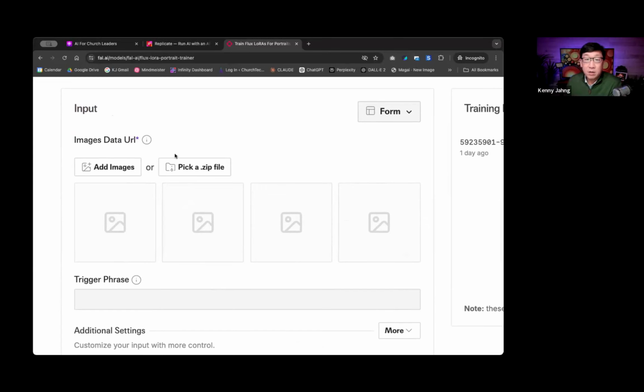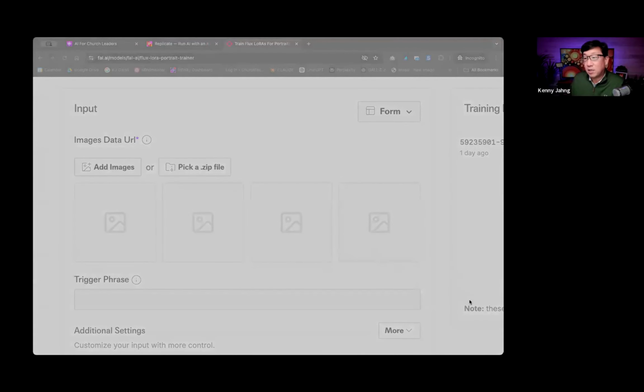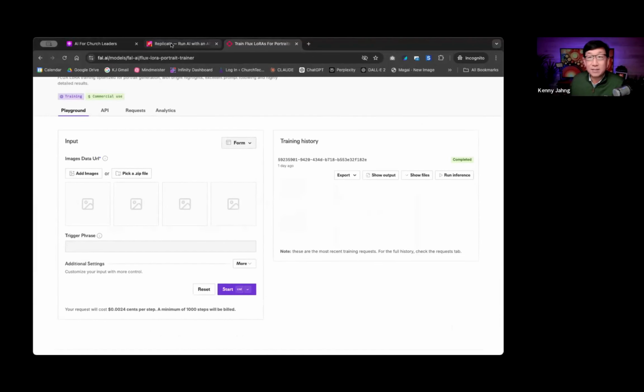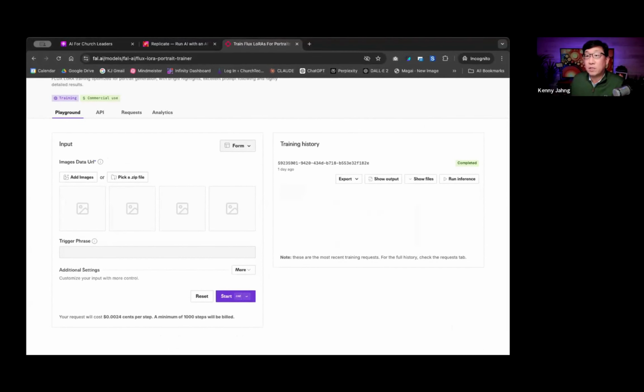There are two ways of doing that. You can add images separately, one, two, three, four. You can add dozens and dozens of images, or you can put them all into a zip file and upload that together, which is the method we'll use today. If you click on Add Images, it asks you to upload them one by one from your hard drive. That just takes a while, or you can do a zip file. In order to do that, we first need to find the photos on our hard drive, and we need to